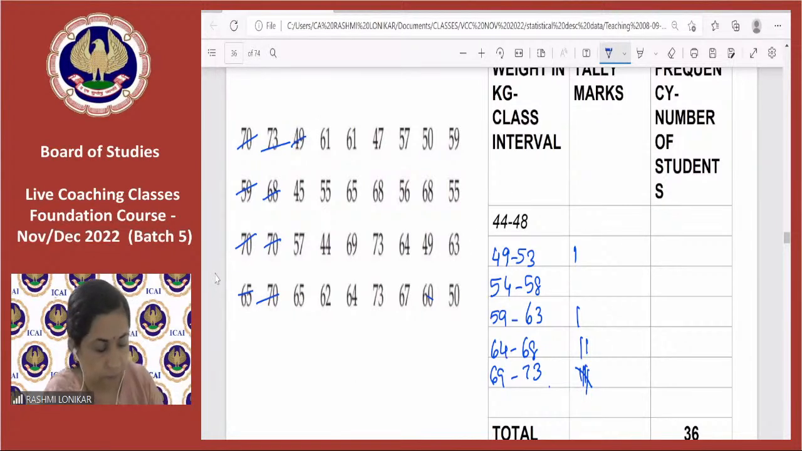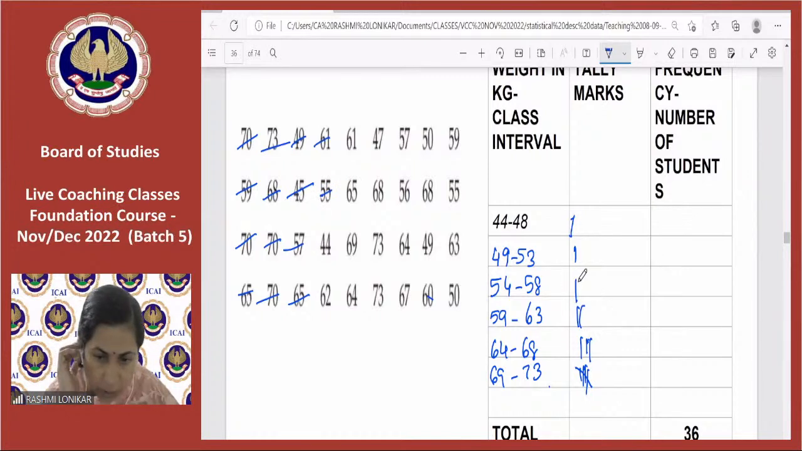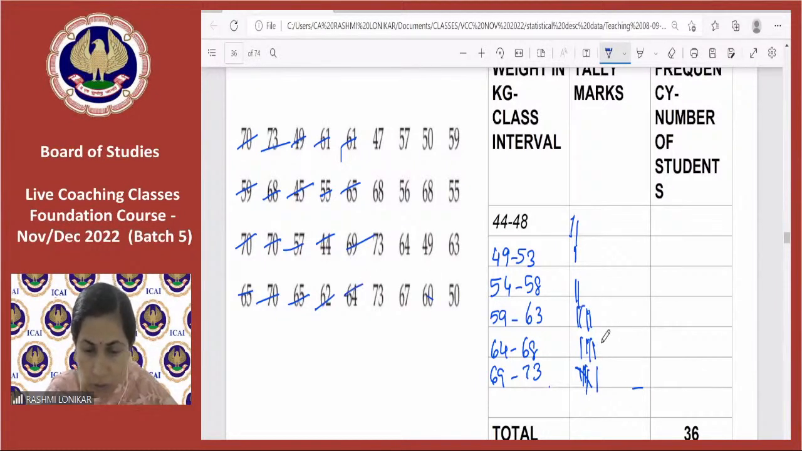45 will be here. 57 will be here. 65 will be here. 61 is here, 55 is here, 44 is here, 62 is here, 61 is here, 65 is here, 69 is here, 64 is here,